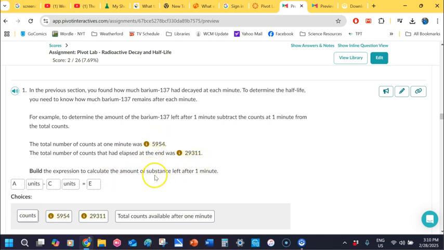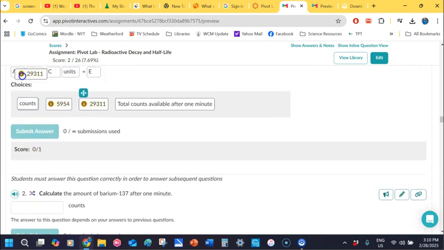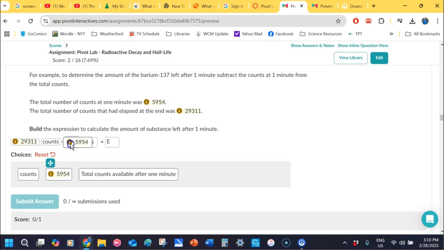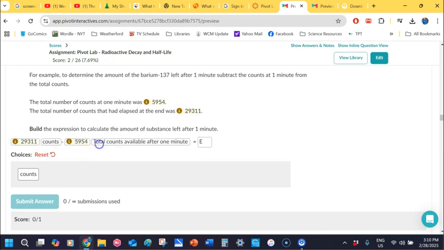The first thing we want to do is say how much of the amount is left after 1 minute. We know how much total counts there were in this sample. And so basically, we take the total counts and subtract this, then we will do that. So first, always start off with our total number. We know the total number by the end of the thing. We put that up here. Okay, and then we just put counts because that's our units, how many counts were there. And then we put the number there were after 1. We know how many of them we've used up. And if we calculate that,